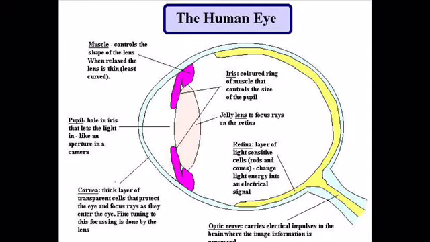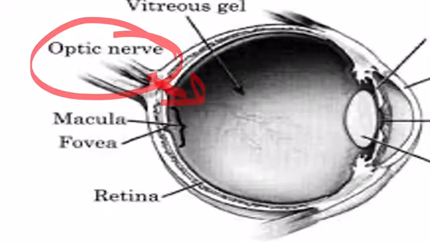Next part is the optic nerve. It is located at the back of the eye. The optic nerve is a bundle of over 1 million nerve fibers that carry visual messages from the retina to the brain. And the next part again is the blind spot. The blind spot is a small area where the optic nerve and retina meet. It has no sense cells. Hence no image is formed at the blind spot on the retina.